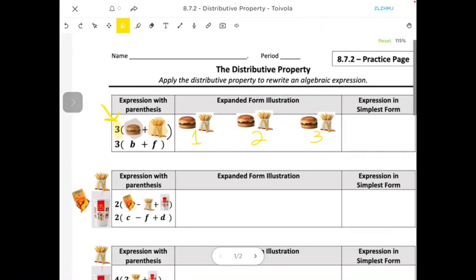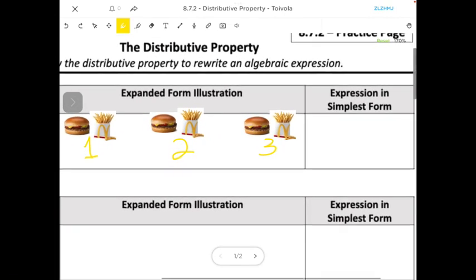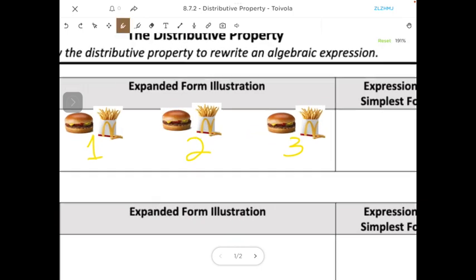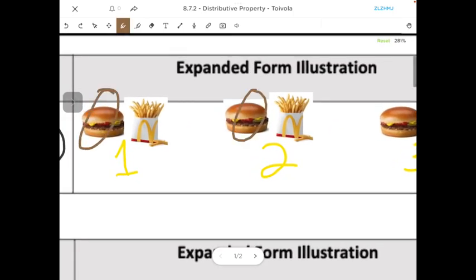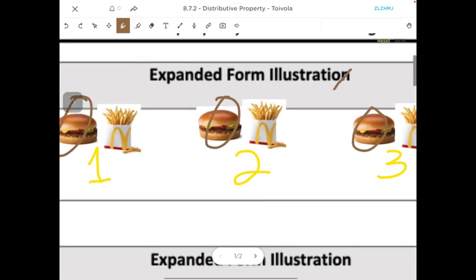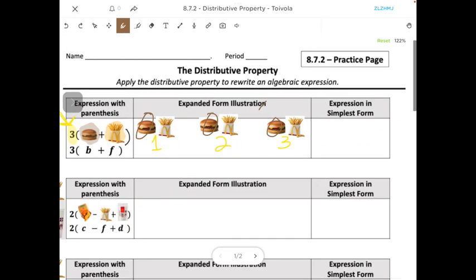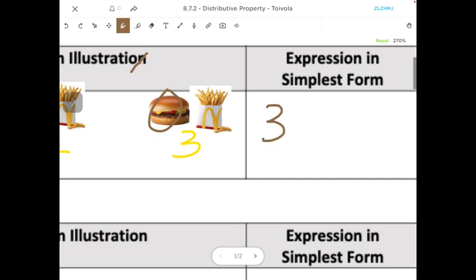Now, the last box says expression in simplest form. So we could write b plus f plus b plus f plus b plus f, but that's not very simple. That's a long number sentence. So we are going to combine our like terms. I can see that there's 1, 2, 3 burgers. So in the box next, we're going to write 3 burgers, which would just be 3b. Plus,